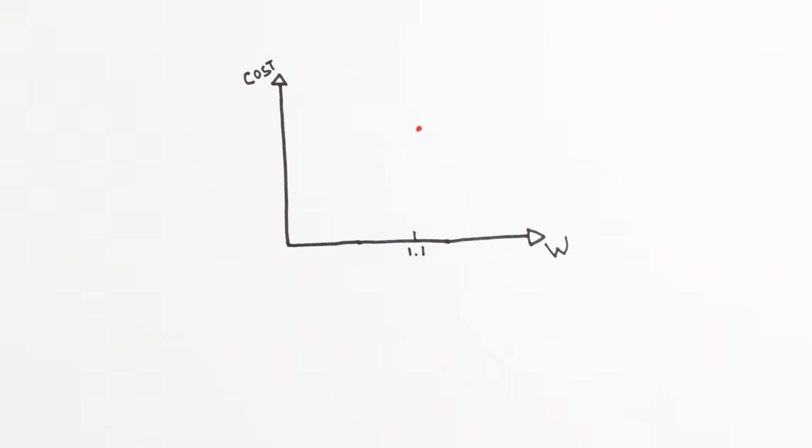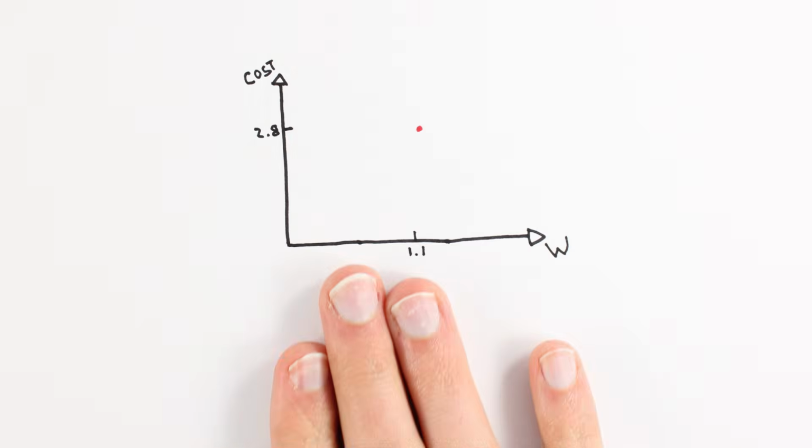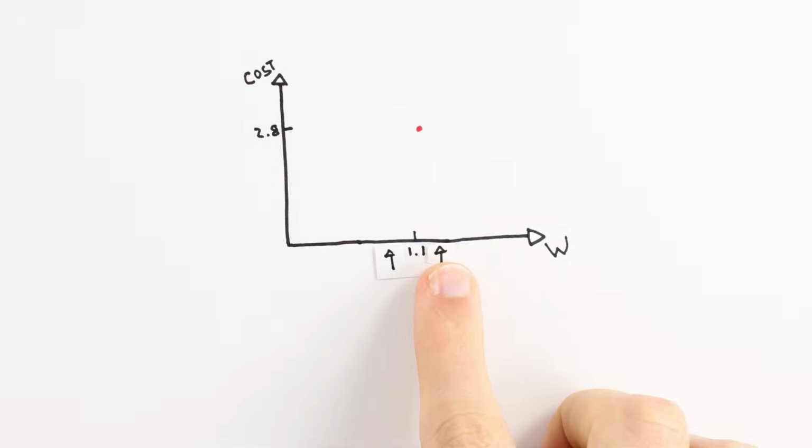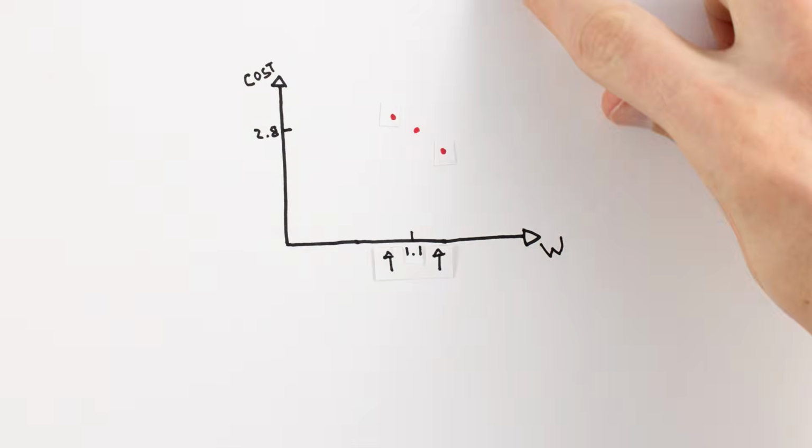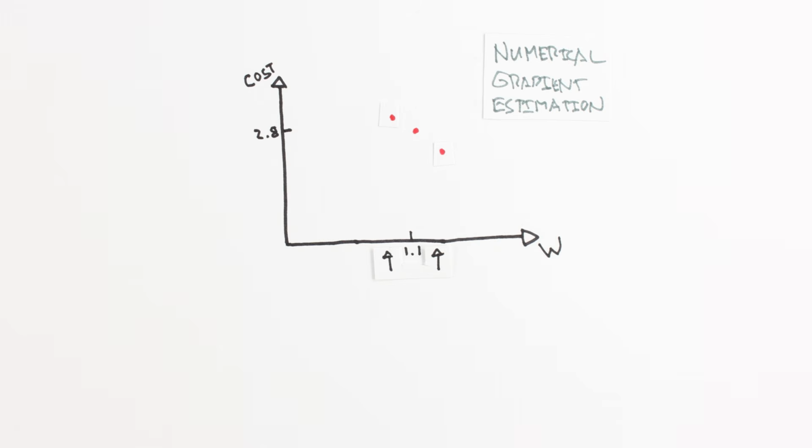We haven't learned much yet, but let's try to add a little more information to what we already know. What if we could figure out which way was downhill? If we could, we would know whether to make w smaller or larger to decrease the cost. We could test the cost function immediately to the left and to the right of our test point and see which is smaller. This is called numerical estimation and is sometimes a good approach, but for us there is a